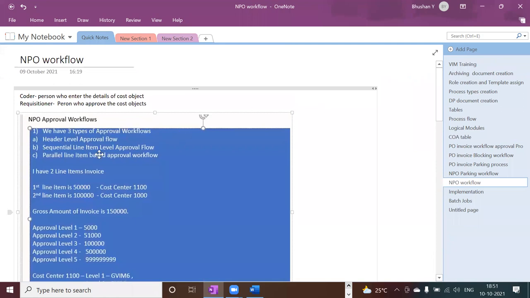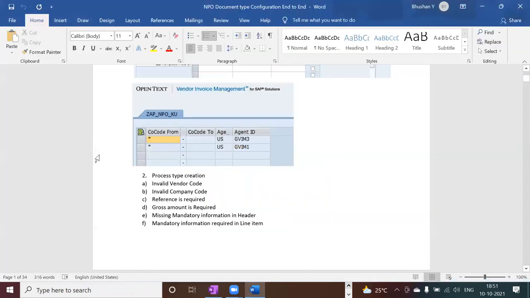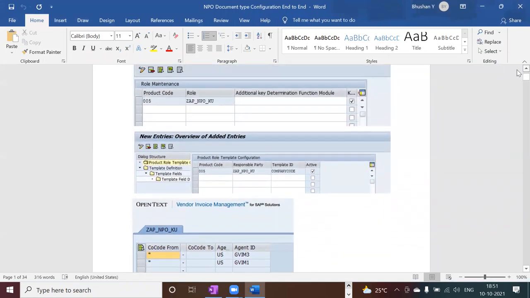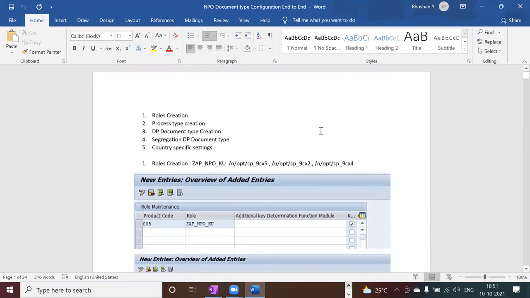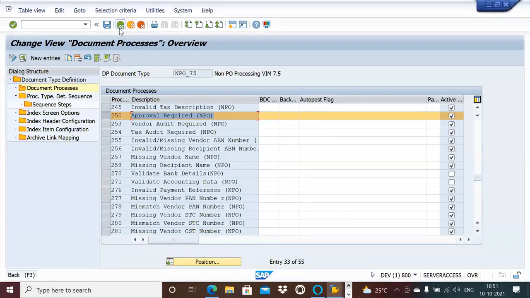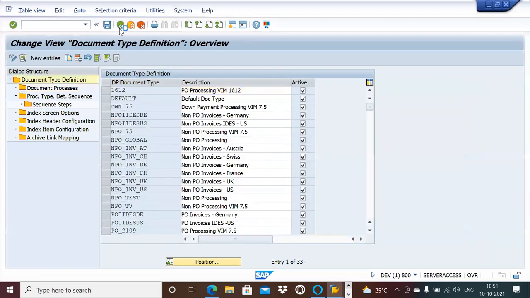Next we discuss this, we'll go with the configuration. So first, we create the NPO document type for our